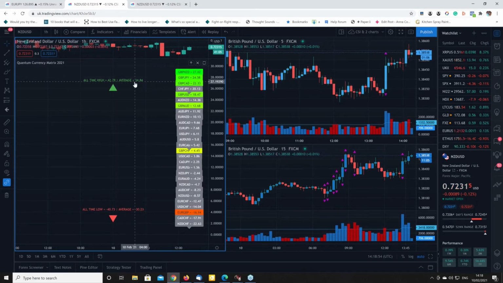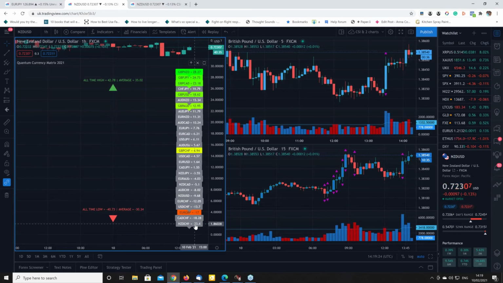We will obviously roll it back onto the other platforms in due course, but as I say, once Currency Matrix is launched for TradingView, this is what you will have. And equally down at the other end, we've got exactly the same principle, negative obviously. The all-time low here is minus 40.73, and the average is minus 30. So again, it's telling us a similar sort of thing. And New Zealand Swiss is minus 23, so it's not at the average. It's got a little bit of a way to go, but it could well be getting down into a potentially